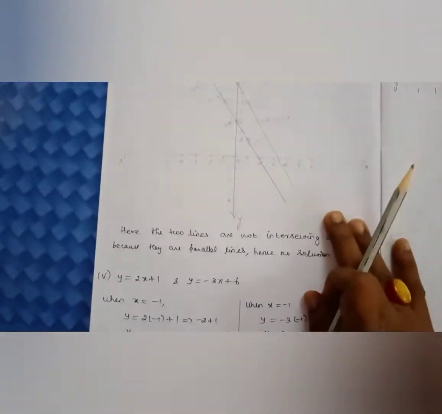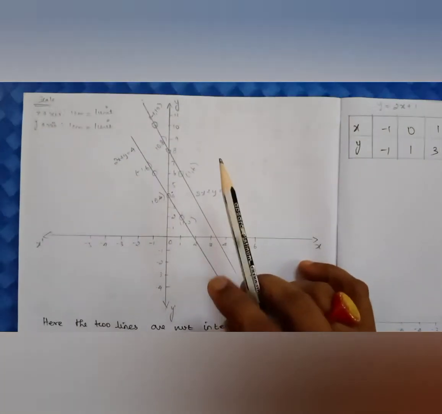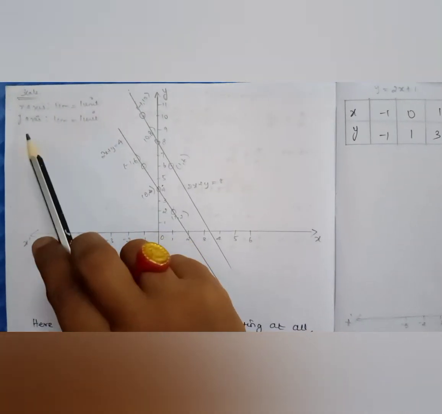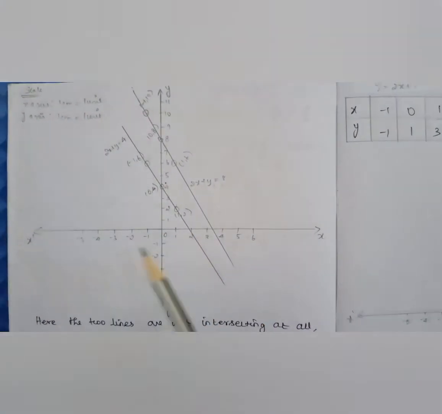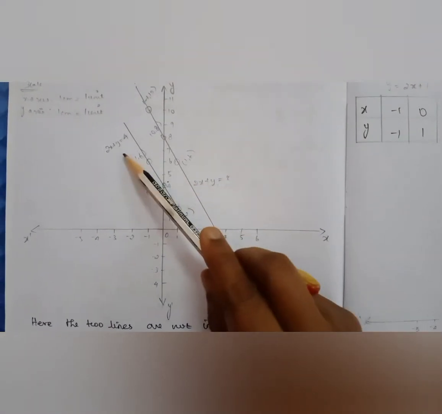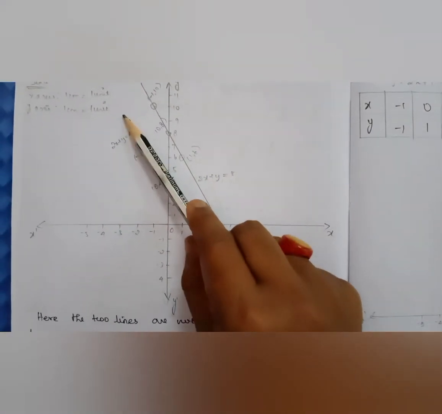Okay, now I am going to plot. When I am plotting, first I will write the x-axis and y-axis. On the x-axis, 1 centimeter is equal to 1 unit. On the y-axis, 1 centimeter is equal to 1 unit. So I have taken my x and y. When I am plotting the first line, 2x plus y is equal to 4, that line is